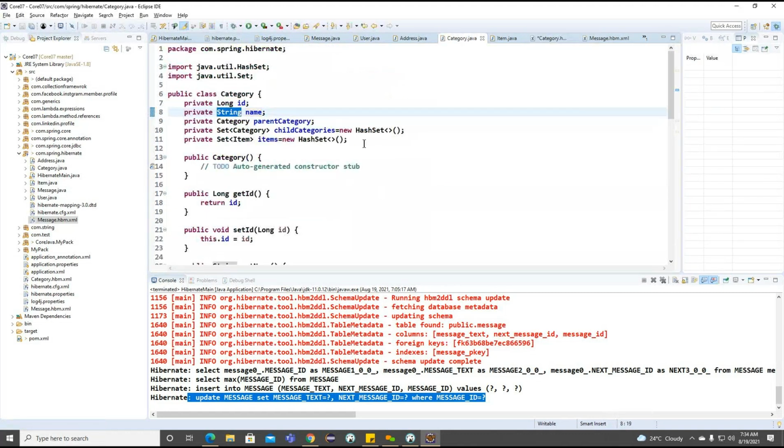So string only. And now we need to focus on these two sections here: how we are going to connect to this particular parent category and child categories as well as items here. Getting the point. So to connect this particular information, first what we can do, again, we need to work on the many-to-one here.